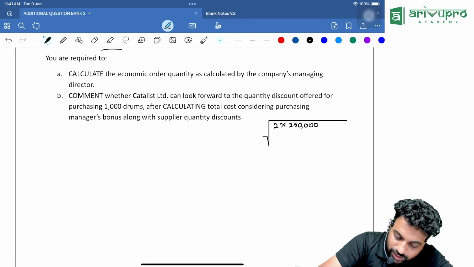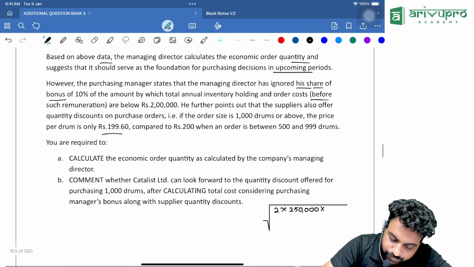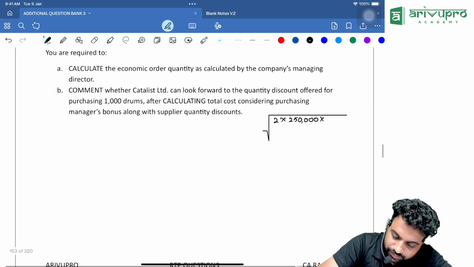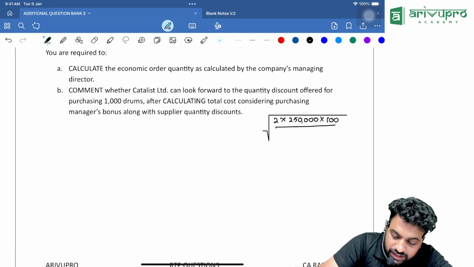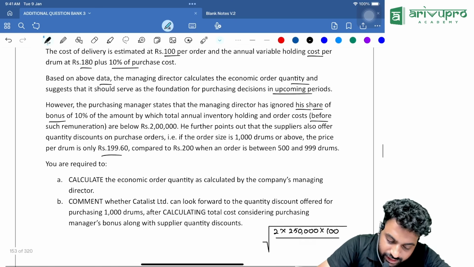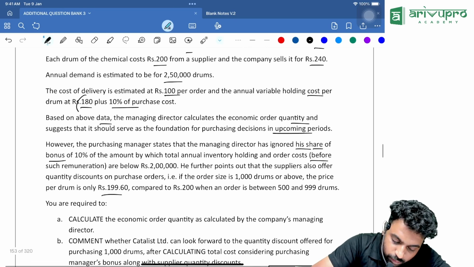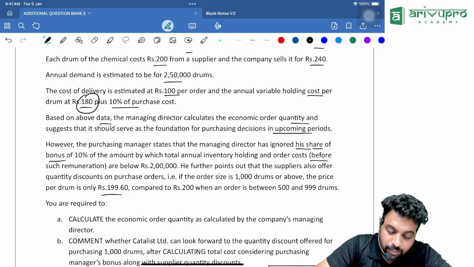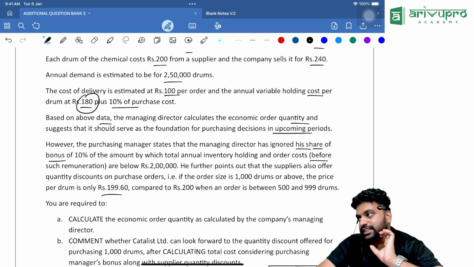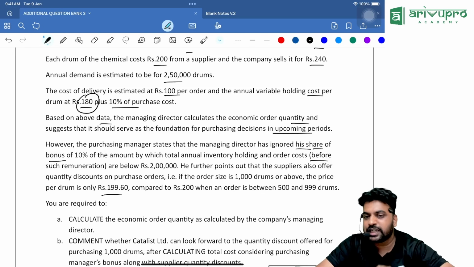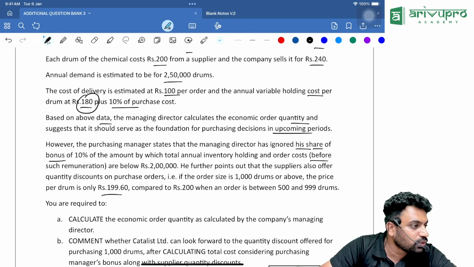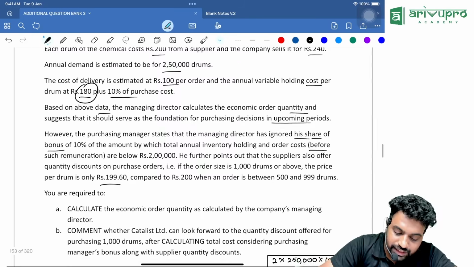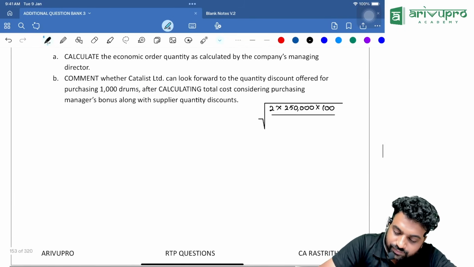2,50,000. Ordering cost per order is 100. That's it. Carrying cost will be, try to understand, 180 rupees fixed plus 10% of purchase price. In case of EOQ, purchase price is 200. 10% of 200 is 20. So 180 and 20 is